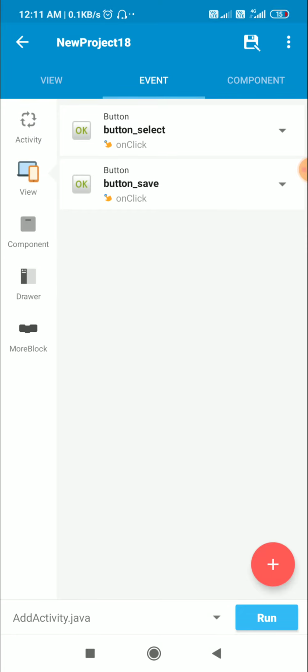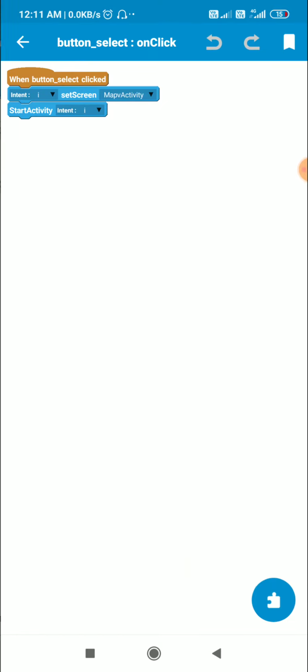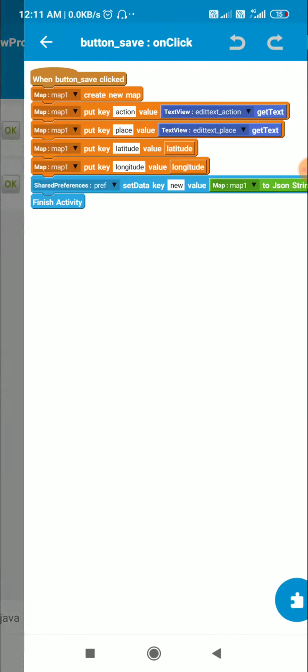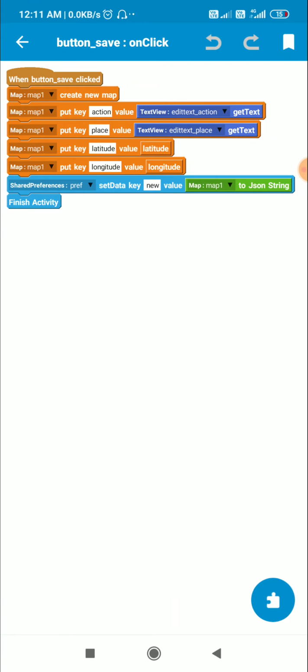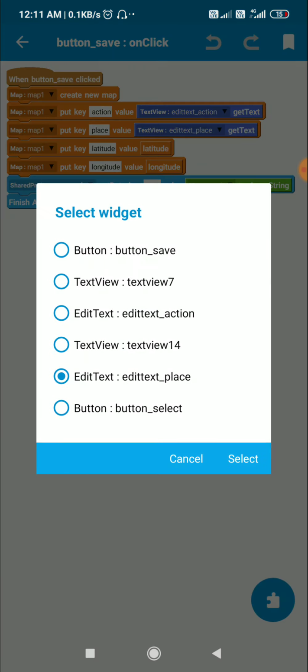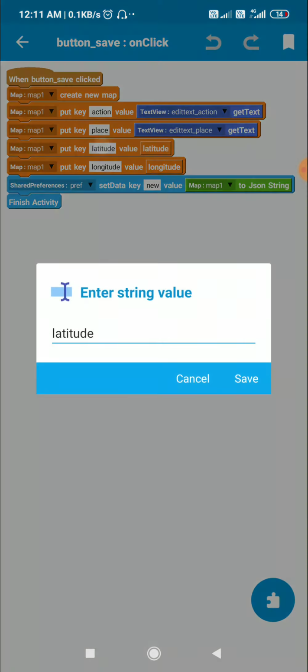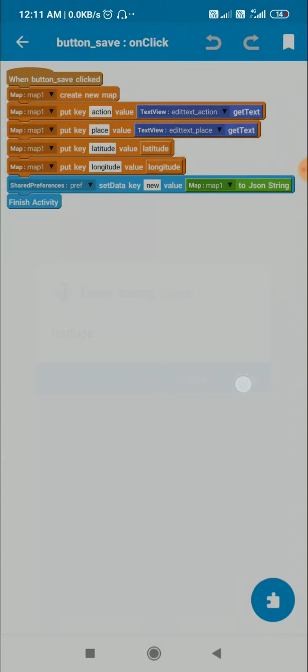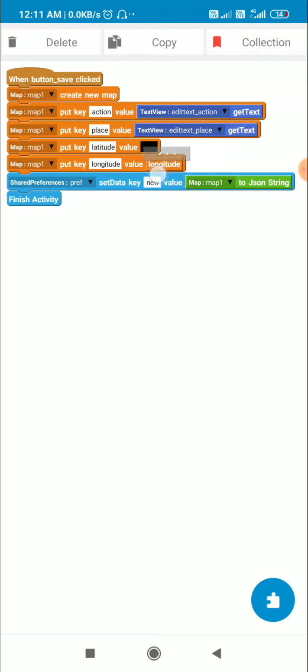Okay, and after that when the user clicks this save button, here I create a new map variable, put key action value edit action get text, then I put key place value edit place get text, and I put key latitude value the string variable latitude.